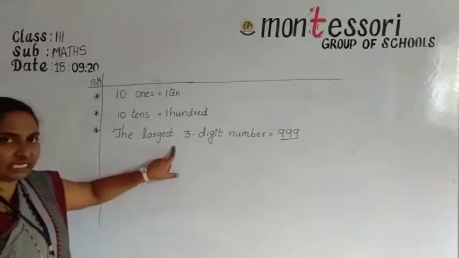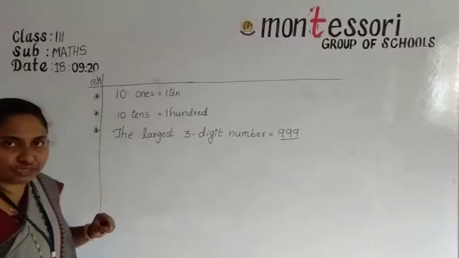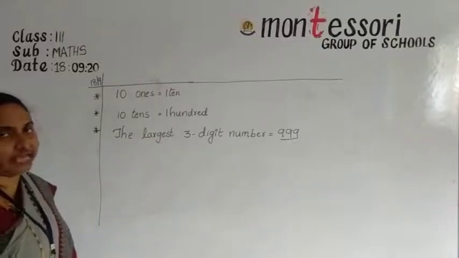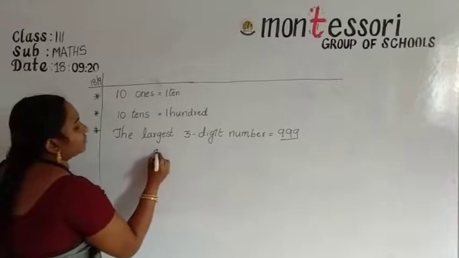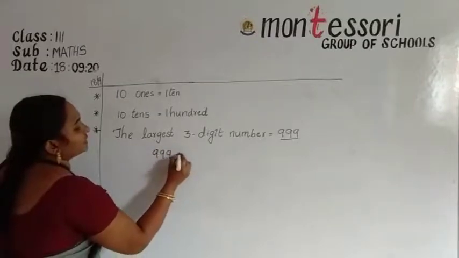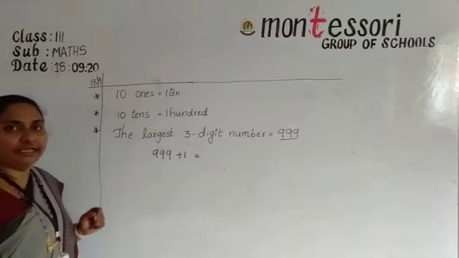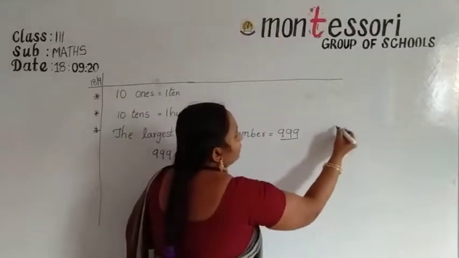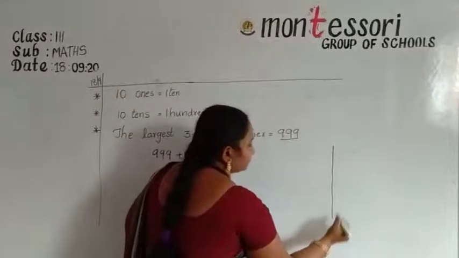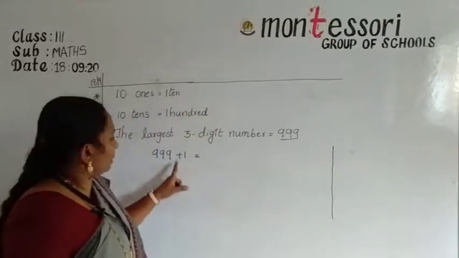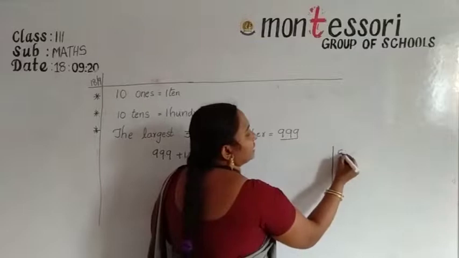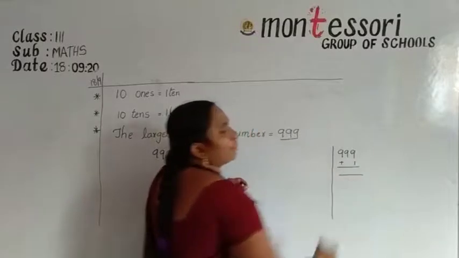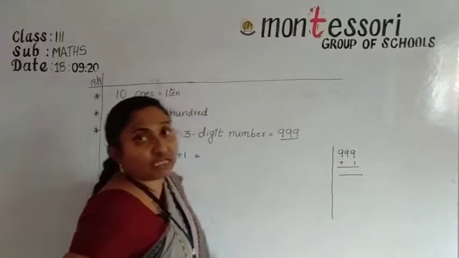In first class, I mean 3rd class, I am explaining in your classwork, in the front pages, the largest 3-digit number 999. Now in 999 we add plus 1. So now I am taking a rough column here. Draw the line with a pencil, and addition must be done with the pencil. Rough work you can write with a pencil.